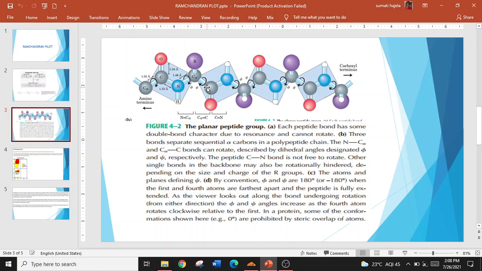In principle, phi and psi can have any value between -180 and +180, but many values of phi and psi are prohibited by steric interference between atoms in the polypeptide